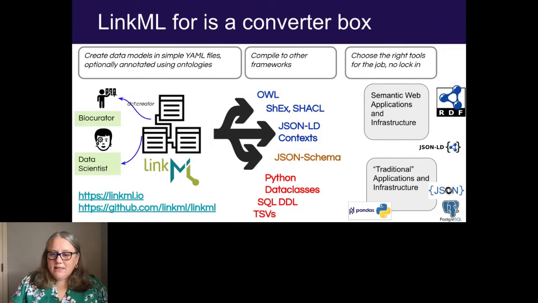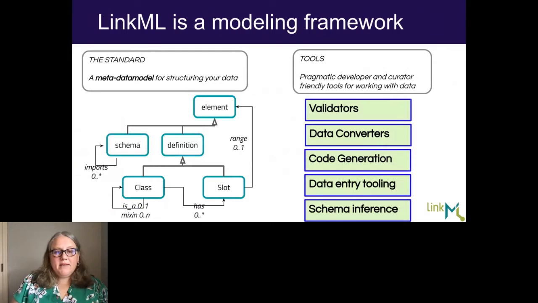So LinkML can create JSON schema, it can create RDF, it can create SQL data definition language, you can even throw it into a CSV. But LinkML is not just a Python package that translates models into different modeling serializations. It also contains a rich metadata model for describing model components and a suite of tools to help convert instance data between those model serializations. For example, you can convert a TSV to a JSON file that might be more structured and easy to parse downstream. You also can generate Python and Pydantic data model data classes from YAML